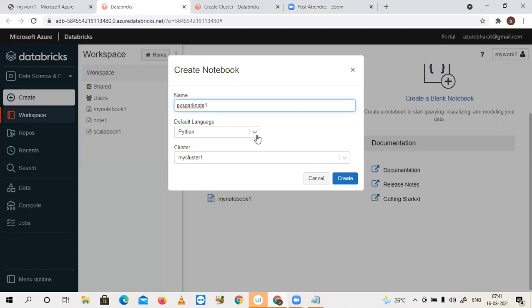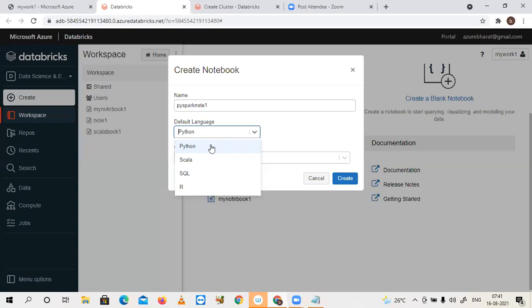Some cells of the notebook will be in Python, some cells in Scala. That means within a single notebook, you can use multiple languages. At a time you can use SQL, Python, Scala, and also the R language. These are the languages Databricks supports. To support Java, you need additional plugins.